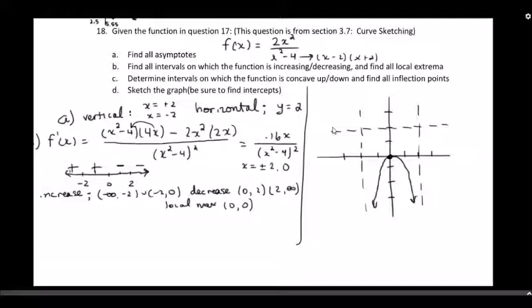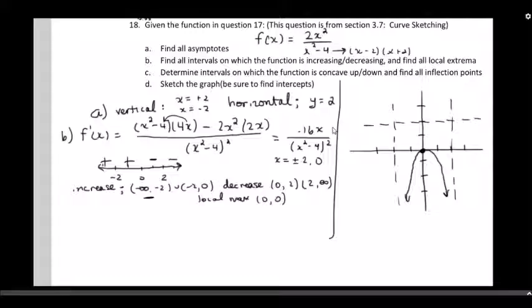And continuing here, the graph is increasing from negative infinity to negative 2. Negative 2 is just our vertical asymptote right there. So the graph is increasing as it approaches negative 2. And then over here it's decreasing as it moves away from positive 2. So we'll get back to that behavior on the graph in a second, but let's do part C,